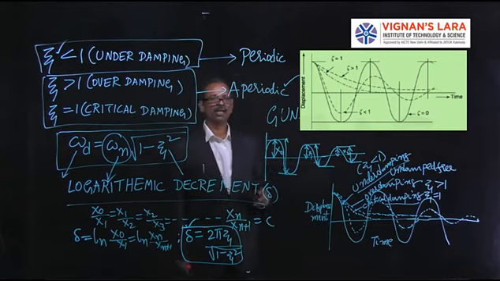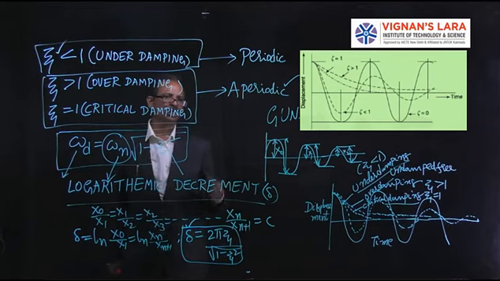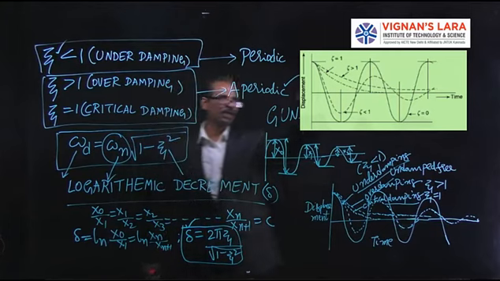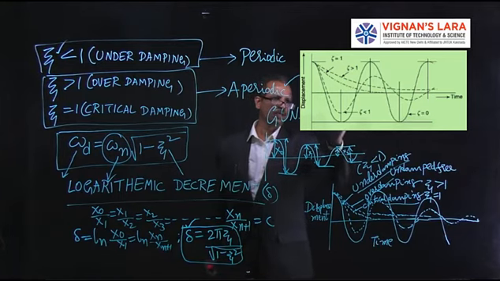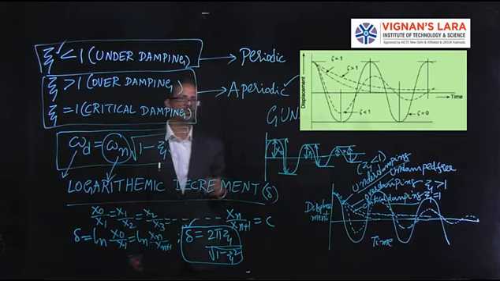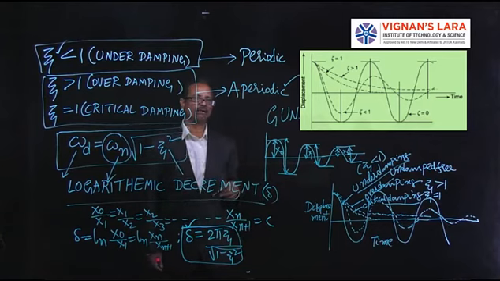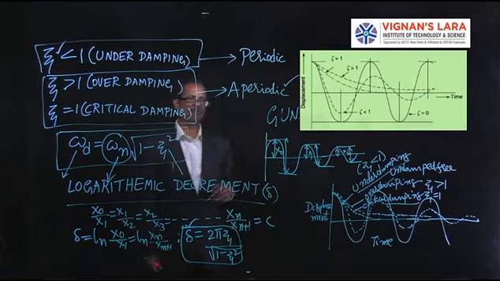Then we will move to damped forced vibration. Till now what we have covered is damped free vibration. Free means no external force is supplied once it has started vibrating. Now I would like to move to the next part, damped forced vibration, and we will see how the governing equation can be written and what the important terms associated with damped forced vibration are.